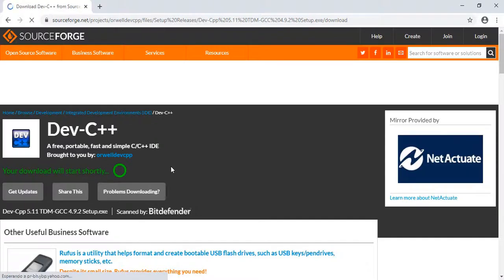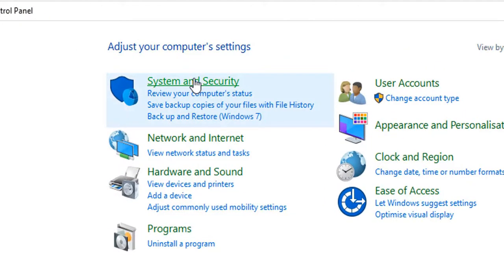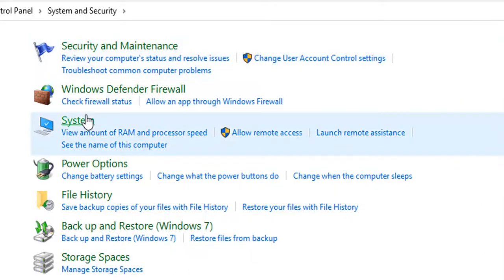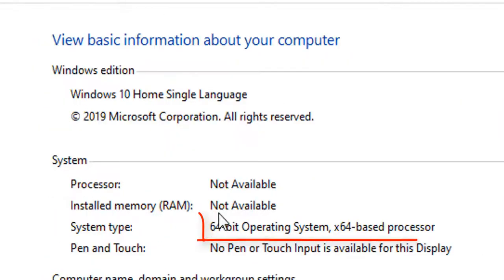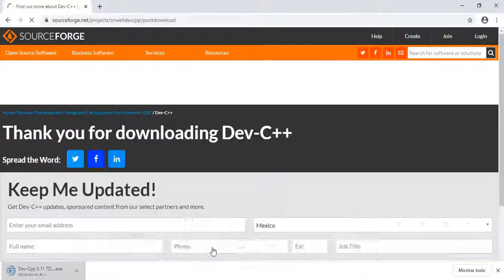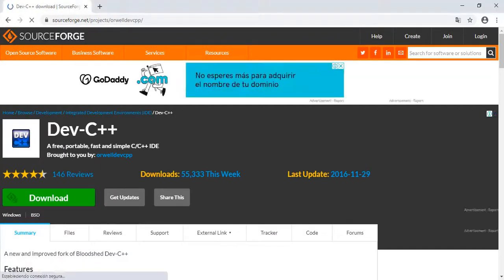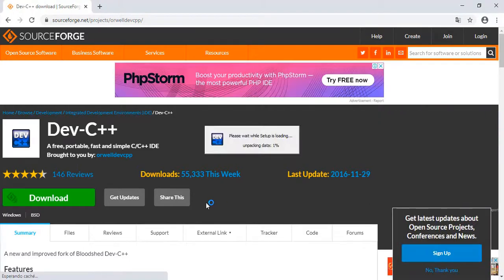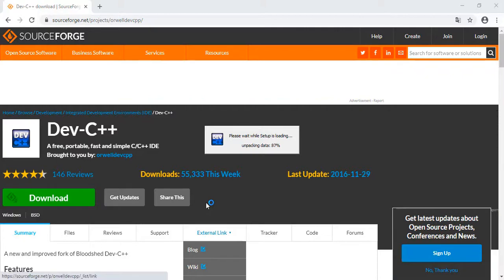If you don't know how many bits your PC has, you must go to Control Panel, then System and Security, now System, and there it will be. Step 3. We can select the file we are downloading to automatically run when the download is complete. When it runs, a window will show and only the administrator can accept.